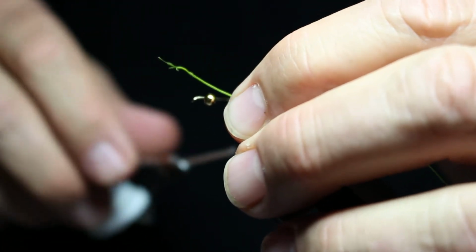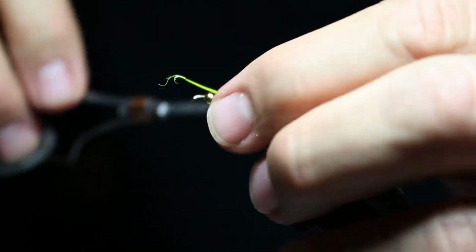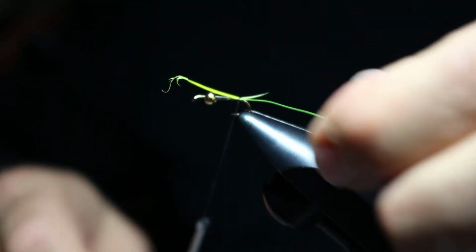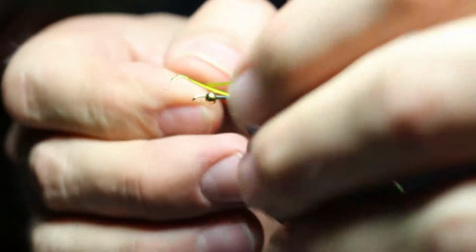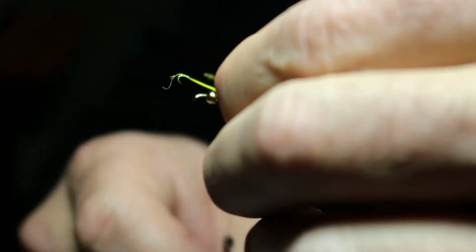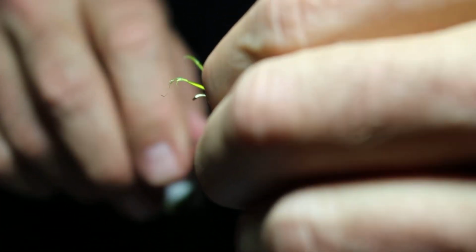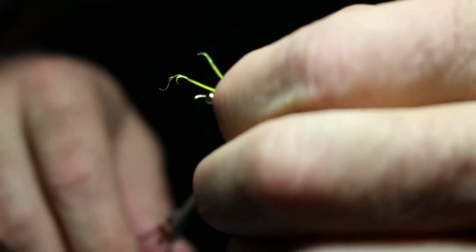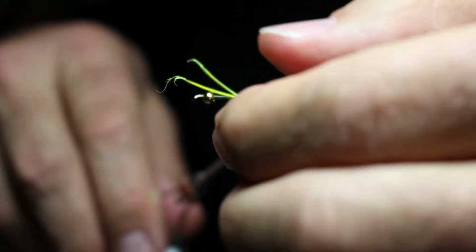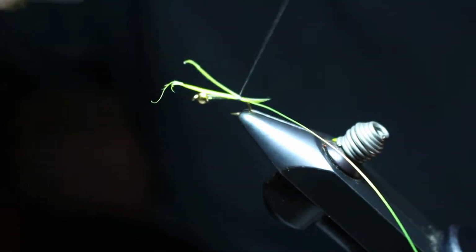For some reason I have found that it's much easier to tie my biot tails in one at a time, and I'm having them curve up, but I'm also doing the one towards me first. Seems if I tie that one in first, things work out better. So I'm going to now measure and make sure that I got them both the same length. Okay, there we go. And now I'm going to start wrapping forward,